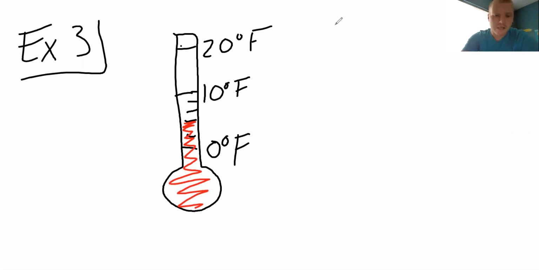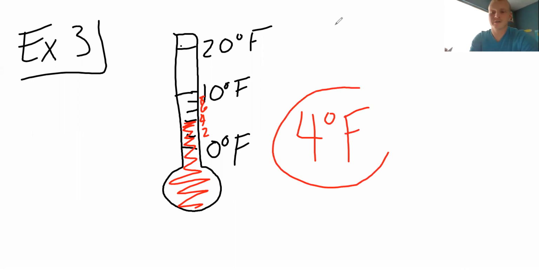Okay, so if we were to look 0 to 10, if we were to label those tick marks, if we did just 1, 2, 3, 4, 5, 6, we wouldn't be able to reach 10. So let's try by 2s. 2, 4, 6, 8, and then it hits 10. So that's why the answer is 4 degrees Fahrenheit. That would be quite a bit different from Celsius. So that is how we are going to be reading